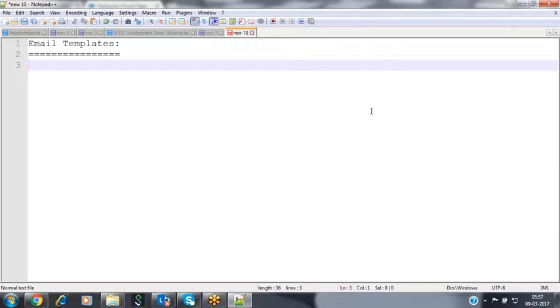A template is nothing but a draft which contains some information which needs to be shared with the people. The subject and the content that you want to share, I'm placing inside a template or a draft, and I use the same draft in order to send the notification to the people.